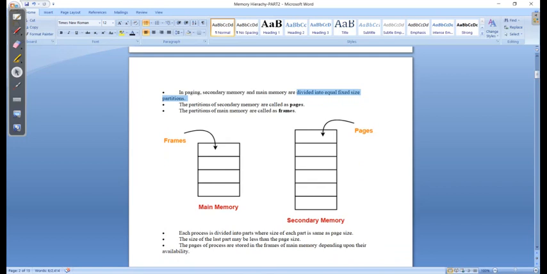Now, what are these pages? These pages are basically virtualization of processes. Each process is divided into parts where the size of each part is the same as the page size. Now, why is this partitioning necessary? To understand that, let me